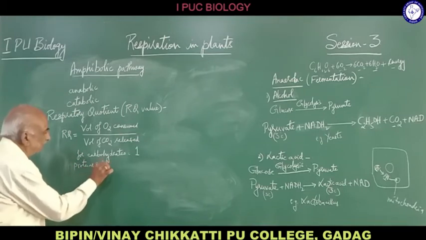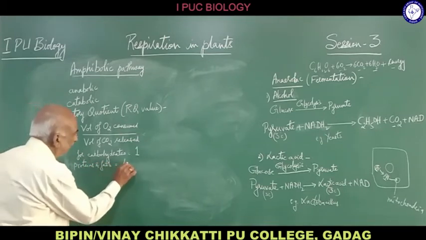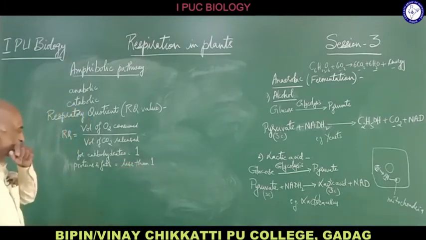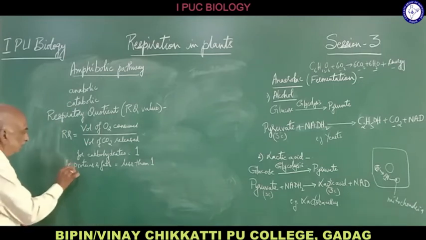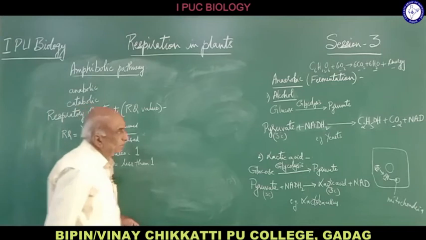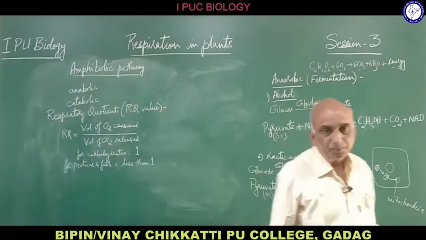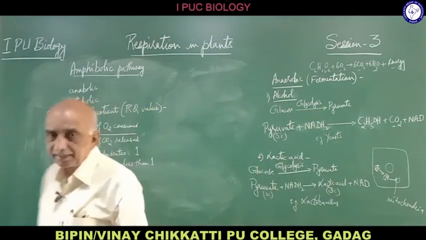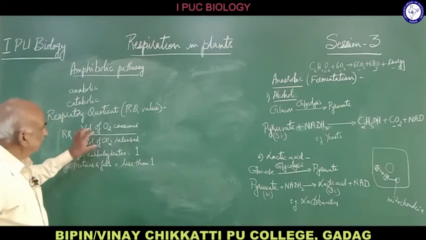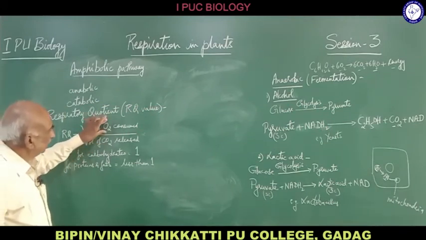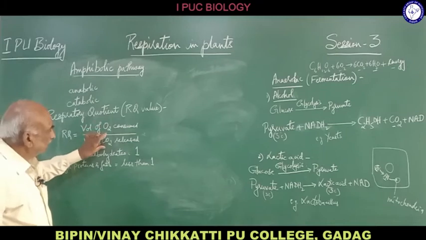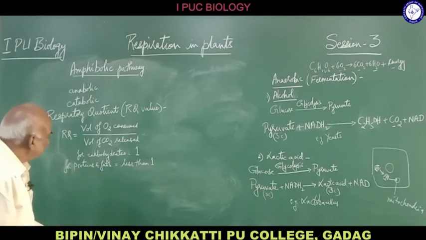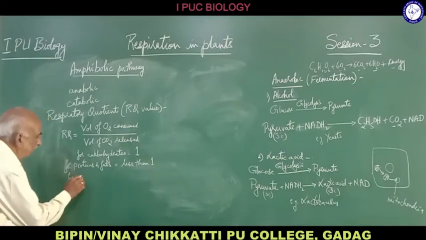Now similarly, for proteins and fats, the RQ value is less than 1. When the RQ value is less than 1, it means that the oxygen consumed will be less and the carbon dioxide will be more. So when the oxygen consumed is less than the carbon dioxide released, definitely the value will be less than 1. And similarly, for organic acids,